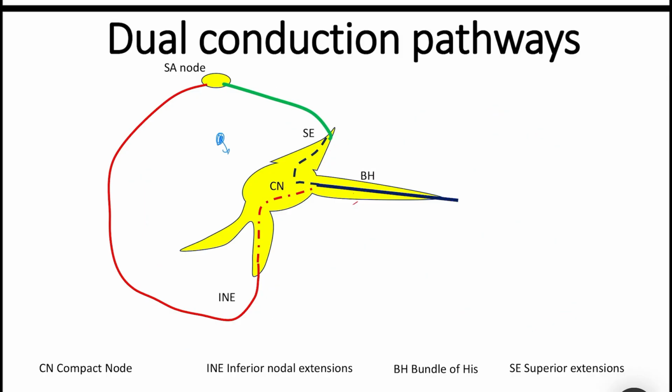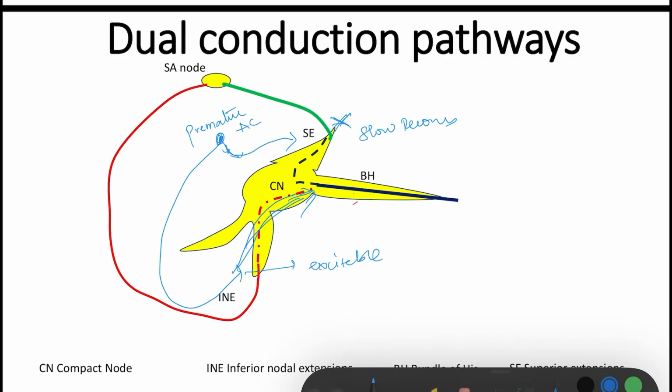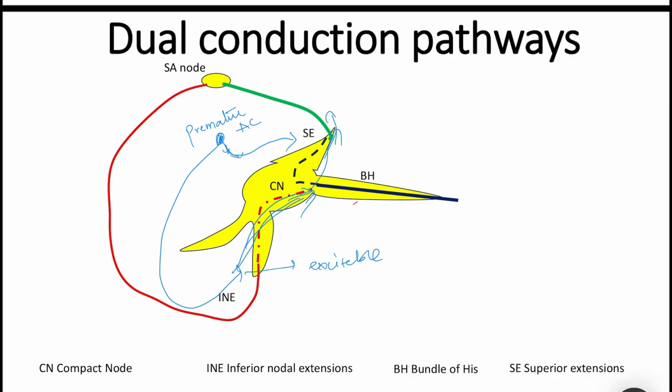A premature atrial complex arriving at a critical window of differential refractoriness is required. A premature atrial complex often encounters a refractory fast pathway because of its longer refractory period, but finds the slow pathway excitable due to its short refractory period. So the conduction proceeds anterograde through the slow pathway, but by the time the impulse reaches the compact node, the fast pathway has recovered, permitting retrograde conduction back to the atria through the fast pathway. The His bundle is also activated in parallel.